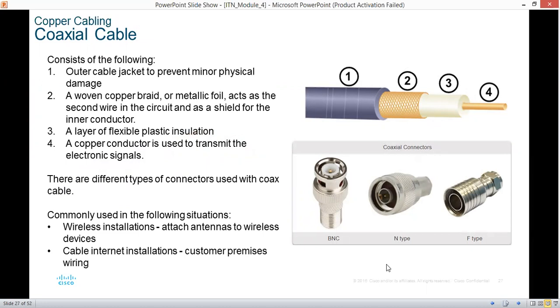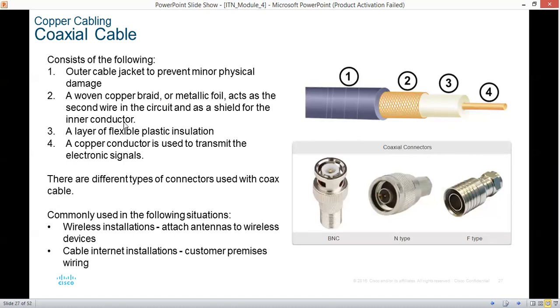And here is a coaxial cable. I strongly want to believe that most of us have seen this coaxial cable, probably behind our DSTV dish or at the VSAT. We might also have seen it behind the TV in most cases. It consists of the following: an outer cable jacket to prevent minor physical damage. That's why you can see the outer cable is quite thick. And a woven copper braid or metallic foil acts as a second wire in the circuit and as a shield for